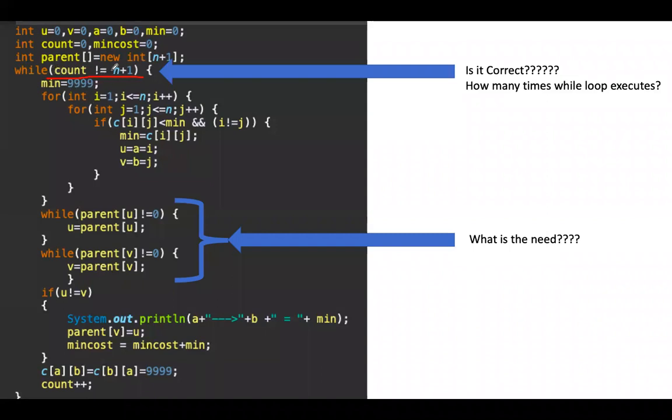Why have we given n plus 1? Why does it have to run this many times? And what is the role of these two while conditions here? Before, I did not even explain them, and still we got the output for that graph. So if you use that graph for tracing, you will not get the answer. That I am telling you also.